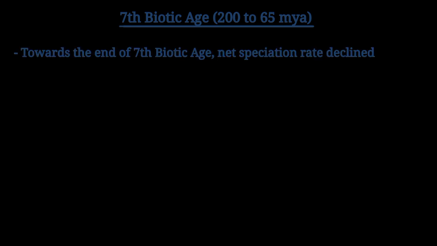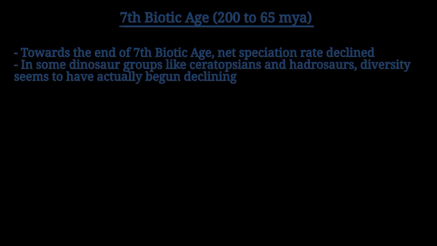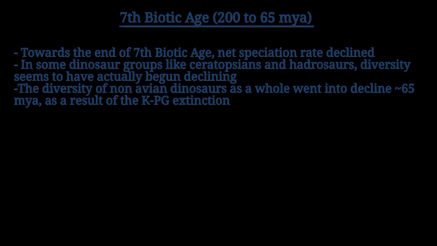The filling up of vacant niches led to a gradual decline in net speciation rate, especially towards the very end. In some groups of dinosaurs, the trend of growing diversity seems to have reversed altogether. This was the case in ceratopsians and hadrosaurs, which became less diverse from around 75 million years ago. It wouldn't be until the KPG extinction's onset that non-avian dinosaurs as a whole would experience a decline in their